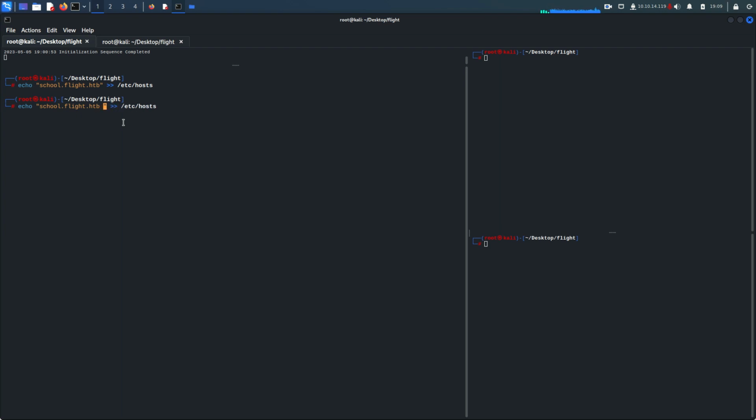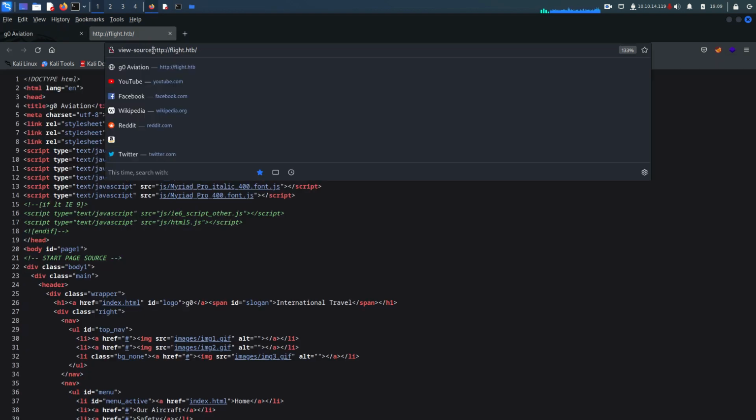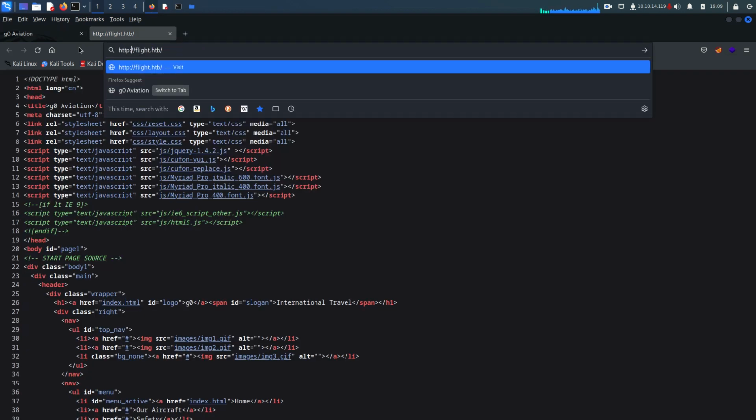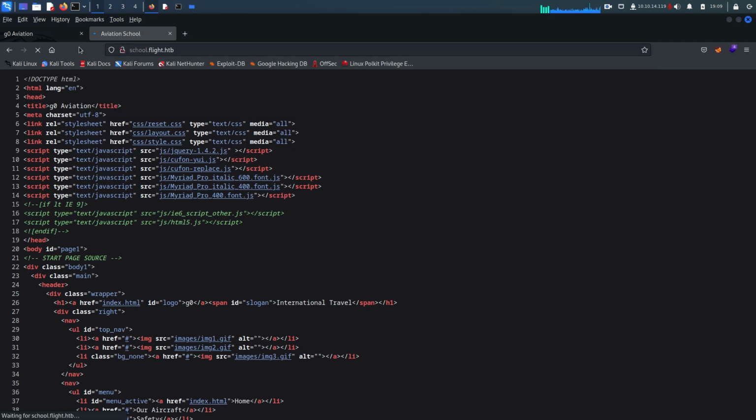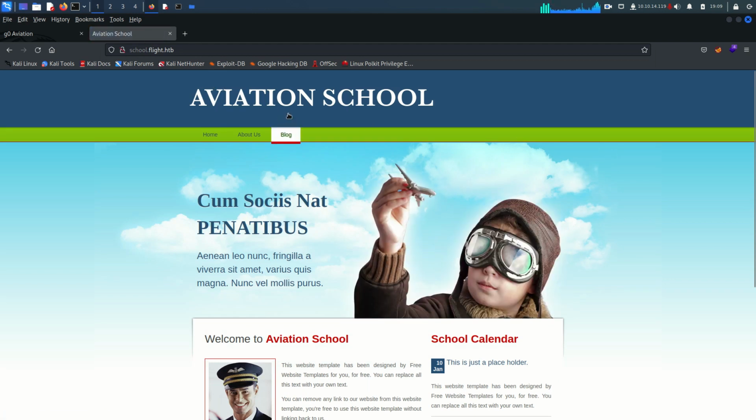I must say here 10.10.11.187. Okay, now if I try to open this subdomain, school.flight.htb, so there is another application hosted on this subdomain, and as you can see here, there are few buttons